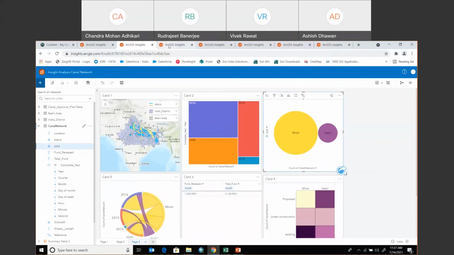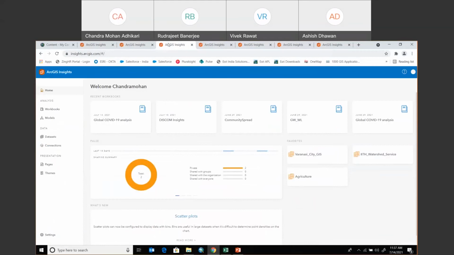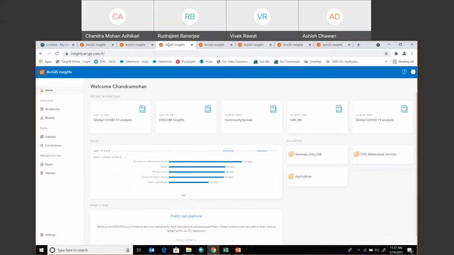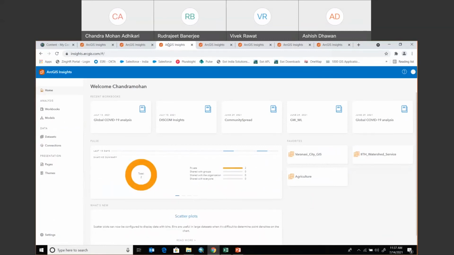Next, I want to move to another category. So we have seen the example of how we can add the data from enterprise and how I can add the data from Excel sheets. This time, I would like to give you an example of how we can use the data if that has already been shared with me in the form of a workbook, and how I can enrich that data from an Esri Living Atlas site. So this is an example which I will be taking from the current pandemic which is going on, COVID-19.